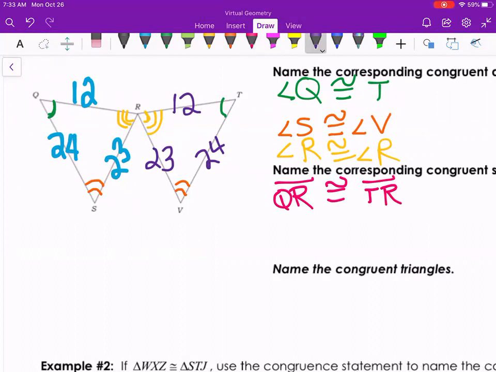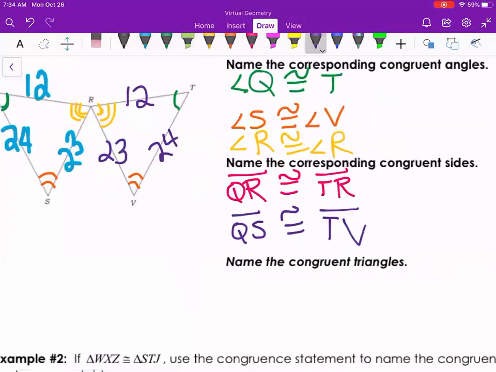Then we do our second pair. Let's say we start with Q and S. Segment QS. Again, we started with Q, so I've got to start with T. And S matched with V. So it's got to be next. And then our last one,